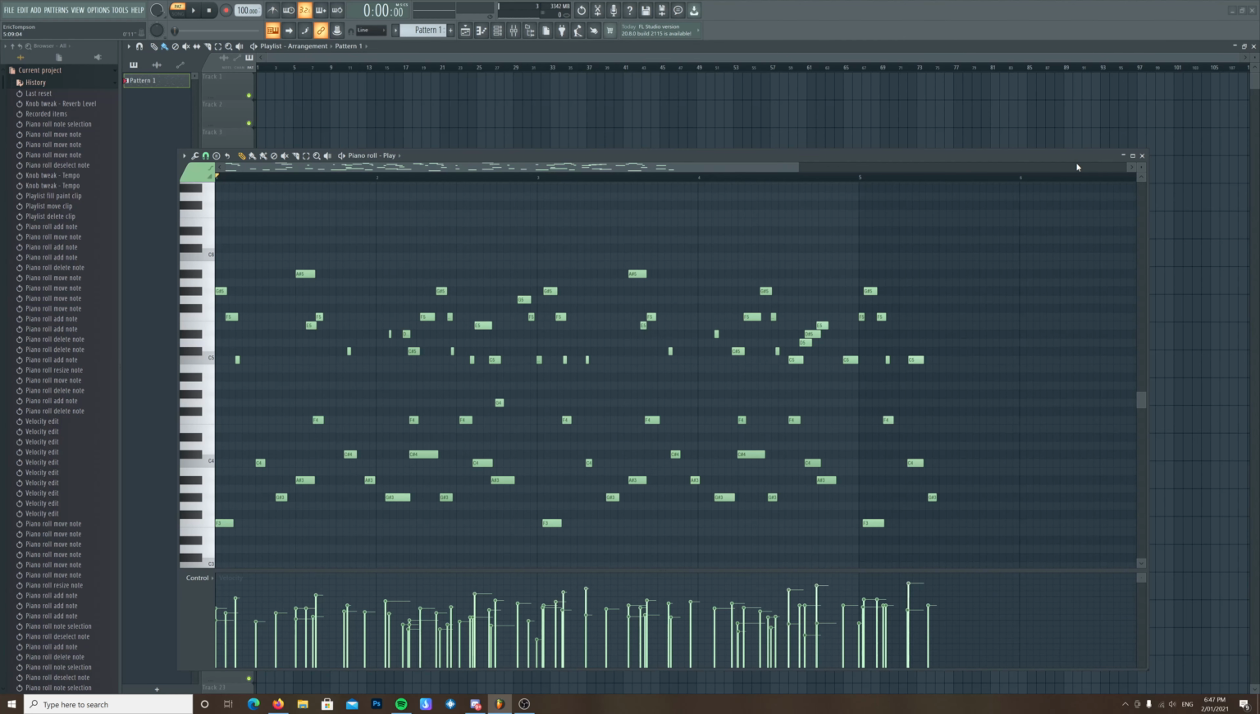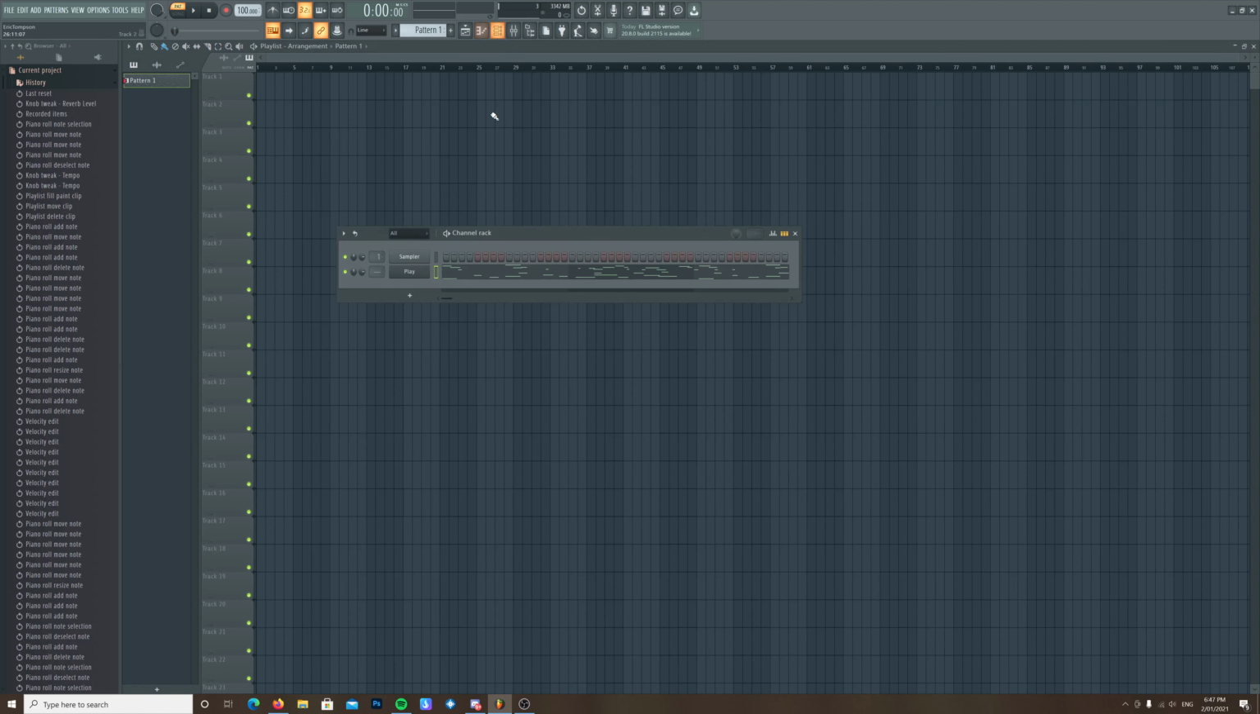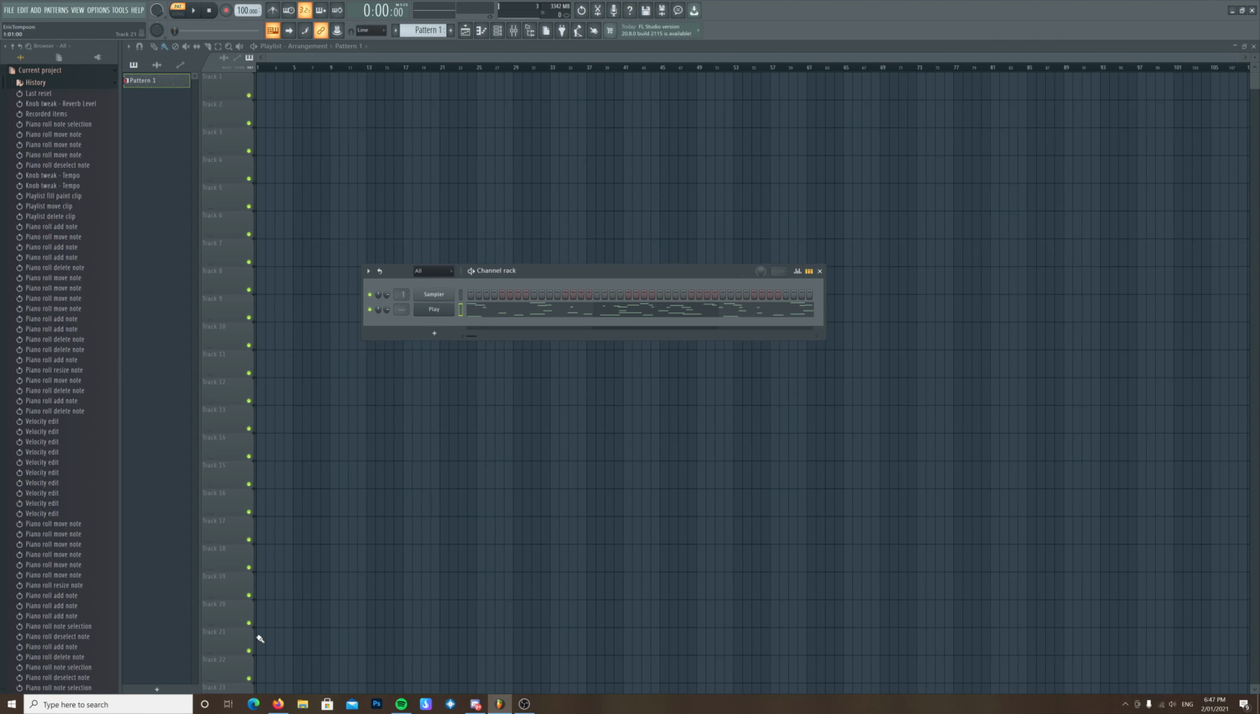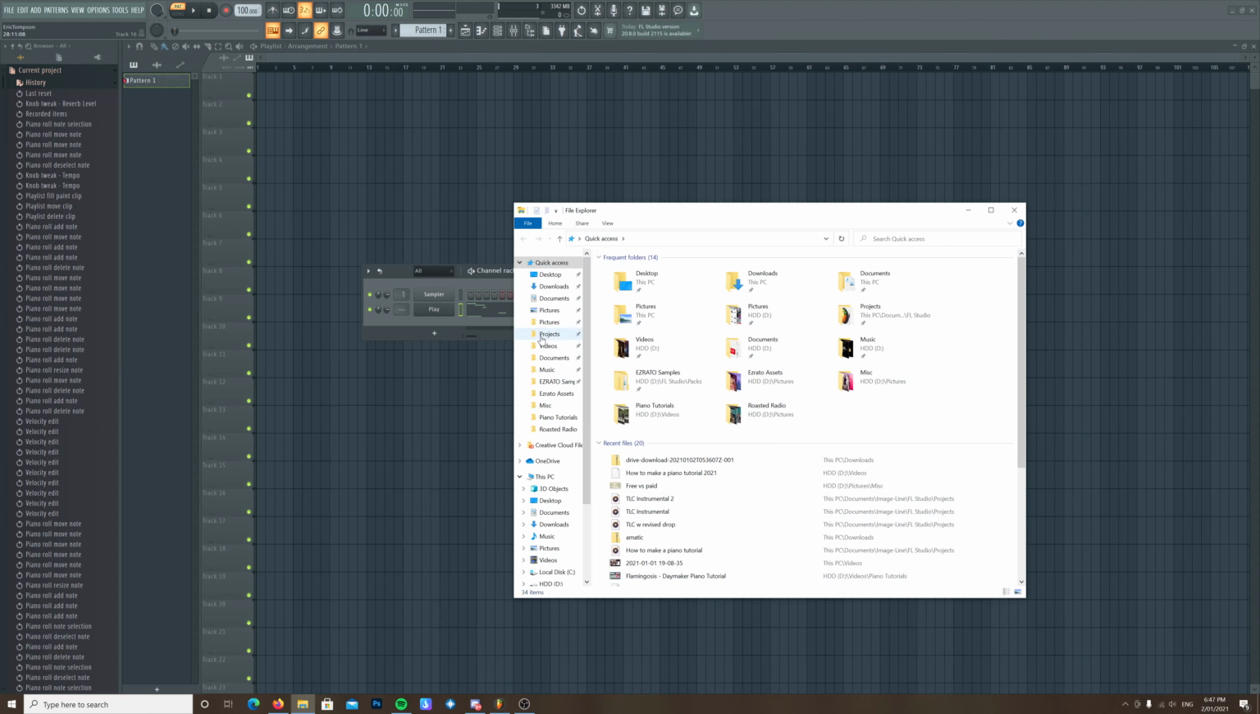Okay, what now? Well, now that I've shown you how the piano roll works, I wanted to show you just a little bit about my workflow. That is what I tend to do when I create piano tutorials. So what I generally do is